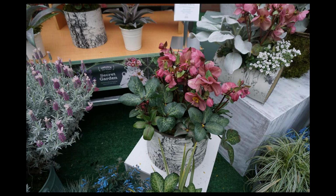Hellebores, they have a number of newer lines of hellebores, and this plant can take a long time to get established in gardens, but these newer types that they have look good in containers so that they are something that you could sell. Of course, it's a little bit more of a high-end specialty type product requiring special siting and that sort of thing, but it's still a very long-lived perennial when you get it in the right place in